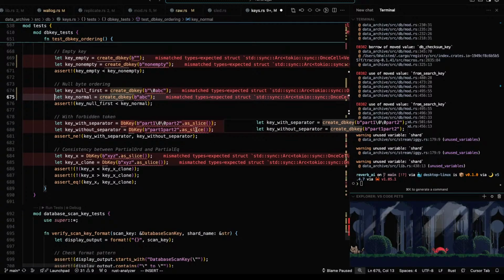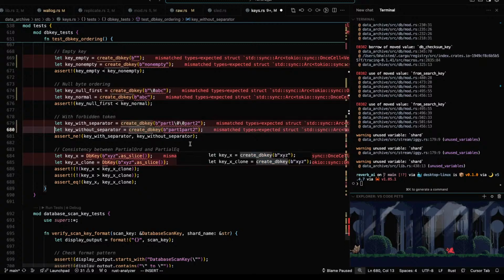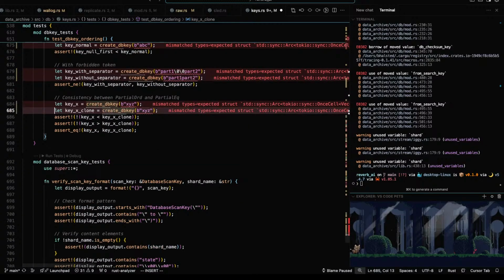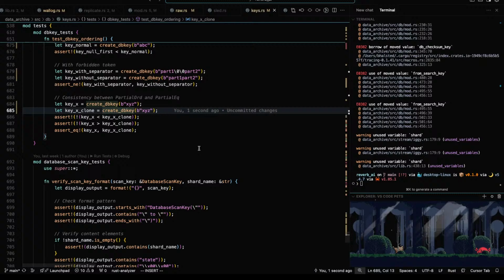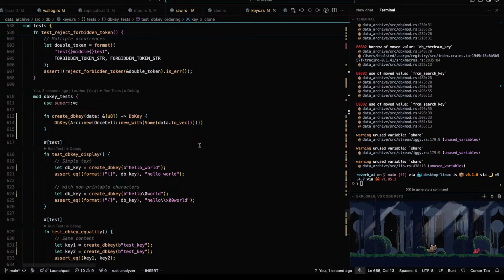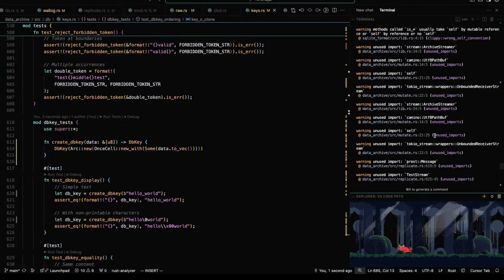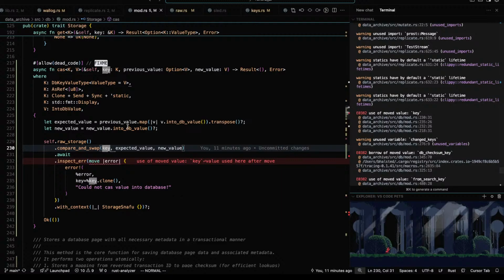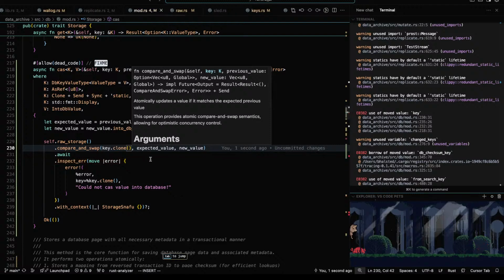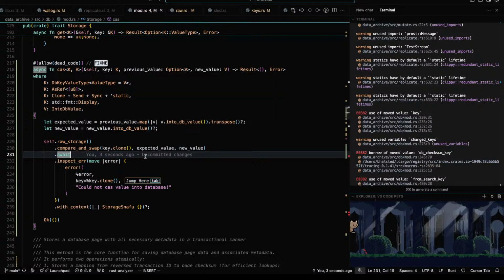Got all those. Move value of key. Oh, you know what we can do now? Clone. Boom, done. Look at that. All that works. We could do a cheap clone.